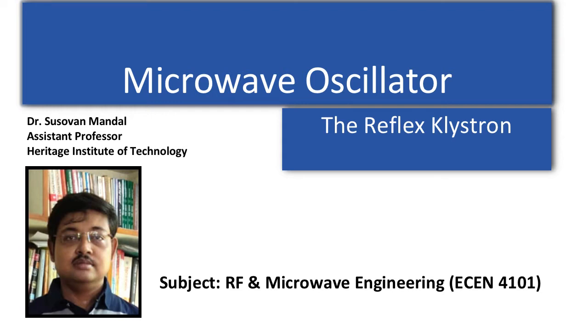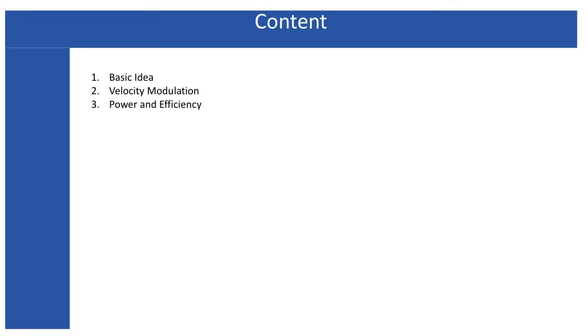So I'll discuss the merits and demerits of the two cavity klystron amplifier, and what is the merit of the reflex klystron, that will be discussed in designing the microwave oscillators. As you have already studied the two cavity klystron, the reflex klystron, which is based on a single cavity, is just an extension of the idea of the two cavity klystron. But here, instead of amplification, we prefer oscillation, and as we know, in designing any kind of oscillator, we should provide positive feedback. So the basic idea is the application of positive feedback using a single cavity, which is called the reflex klystron.